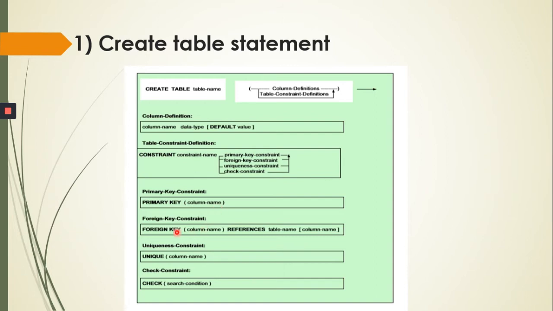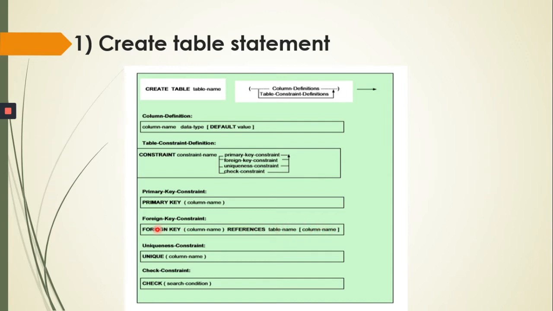Now, if I want to use the foreign key constraint, then I have to write foreign key. Here I write the column name, which column I am going to use as a foreign key. Then references is the table name, the table from which I am using this column, and from that table, which column.